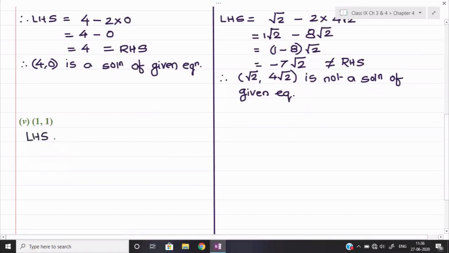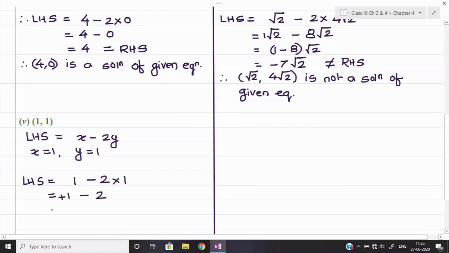So what is the LHS value we have given here? x minus 2y. Now the value of x is given here as 1, and the value of y is also 1. Put this value in LHS. So it can be 1 minus 2 into 1. First of all you multiply. So 1 will be as it is and 2 into 1 would be 2. 1 is positive, so the signs of both the terms are different. So from 2 we can subtract 1, it would be 1, and the sign of the bigger term I apply, that is minus. So this is also not equal to the RHS.